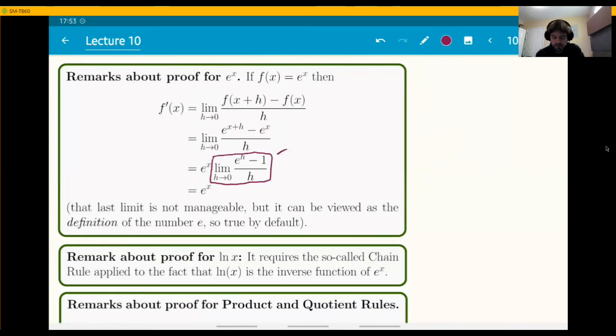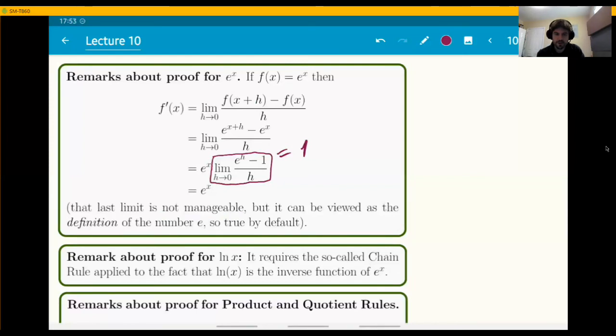This limit is equal to 1, but I'm remarking down here that this last limit is actually not very manageable. Just trying to think about it, it's indeterminate, but there isn't much simplification that you can do here. There is an exponential in the top, but not in the bottom. This is not an easy limit, however, depending on what your definitions and theorems are, this limit can actually